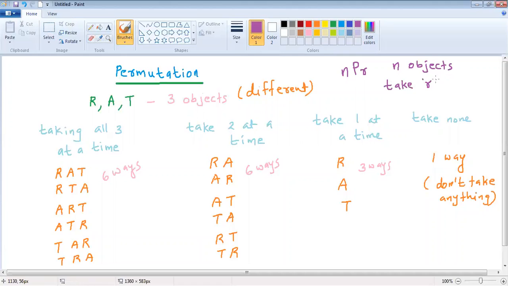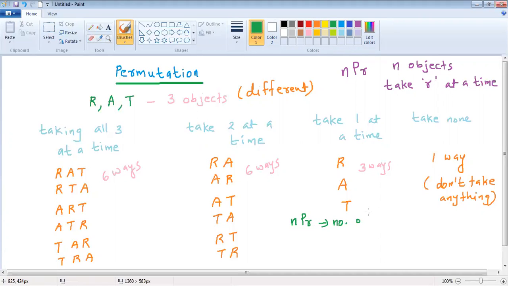You have to take r objects at a time. Then how many ways can you arrange? It is nPr, it is read like this: nPr. nPr means